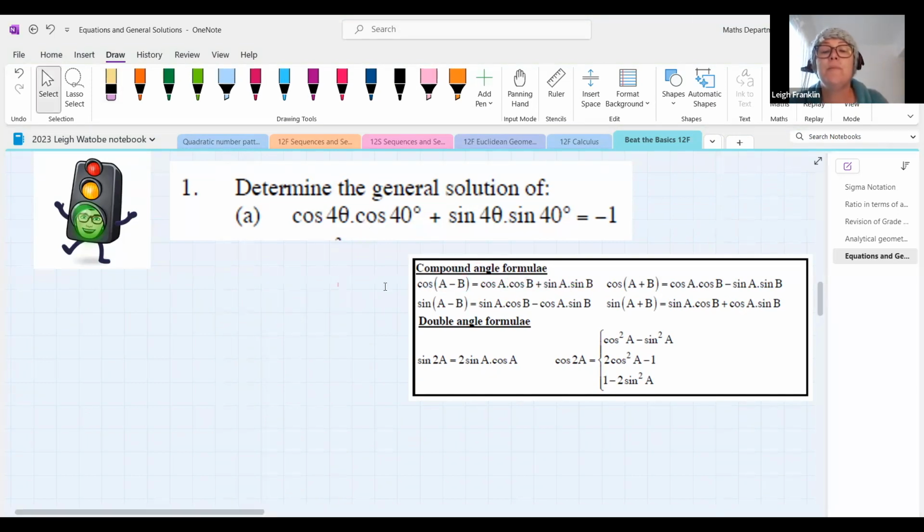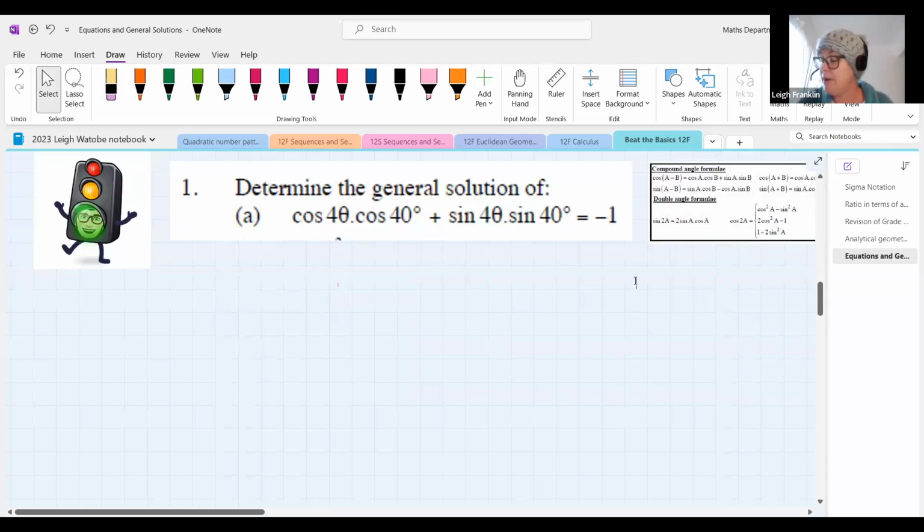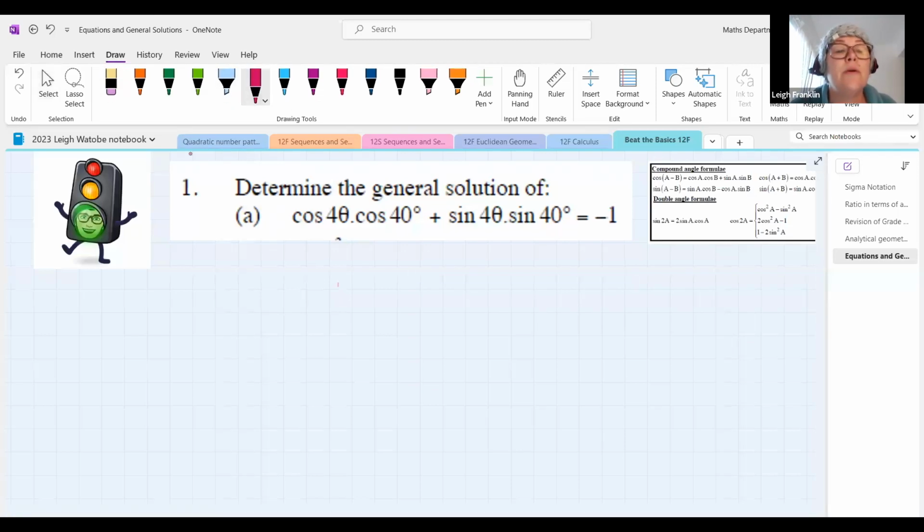This one didn't even need any manipulating. I'm just going to make that smaller and pop it out of the way. And as Mamelo told us, we are now going to write this as cos 4 theta minus 40 degrees is